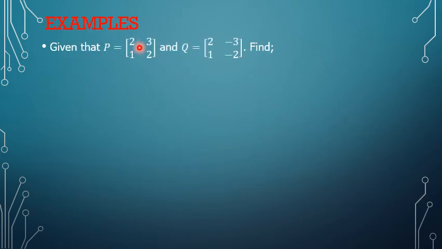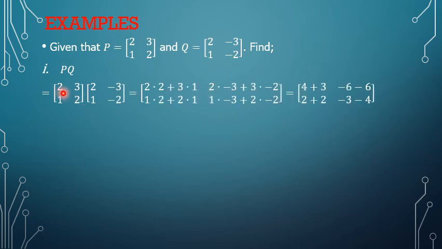Given that P equals [2, 3; 1, 2] and Q equals [2, -3; 1, -2], find PQ. Now we are multiplying matrix P by matrix Q. This will be given as the matrix P, that is [2, 3; 1, 2], multiplied by matrix Q, which is [2, -3; 1, -2]. This will be the same as 2 times 2